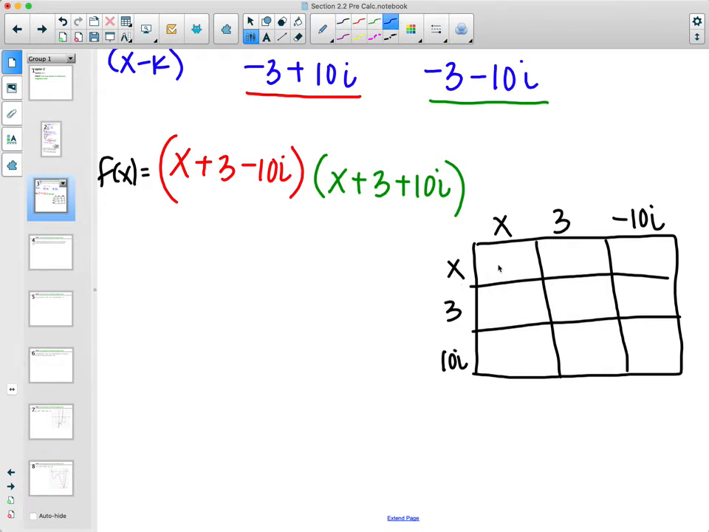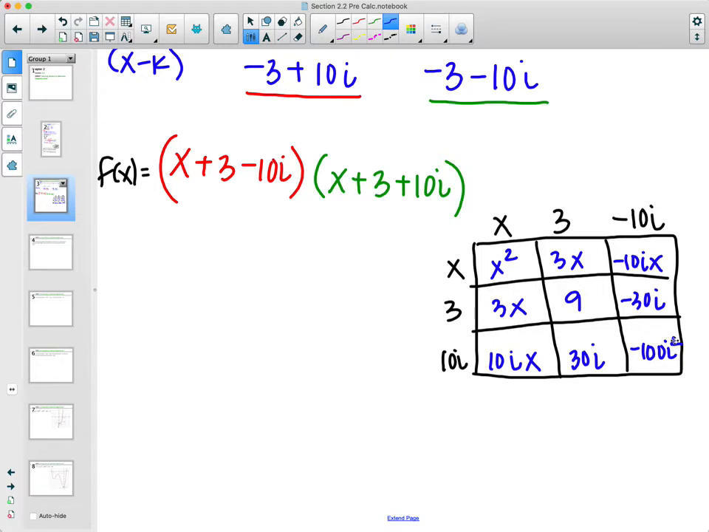So we get x times x is x squared, x times 3 is 3x, x times negative 10i. So I write the real part, negative 10, the imaginary part, and then the variable. So always write it in that order. And then 3 times x, 3 times 3, 3 times negative 10i, so negative 30i. X times 10i, so again, the real part, the imaginary part, and the variable. 10i times 3, and then negative 10i times 10i. So that's going to be negative